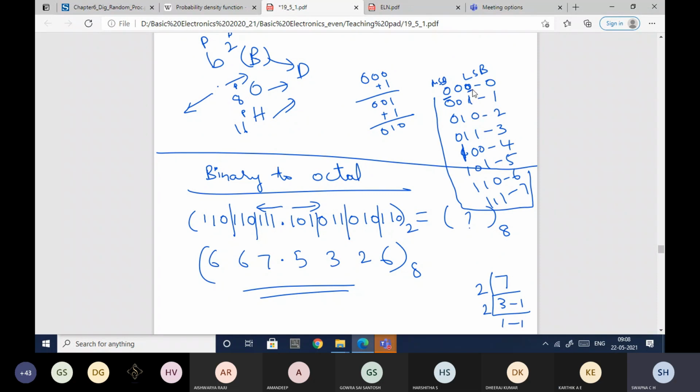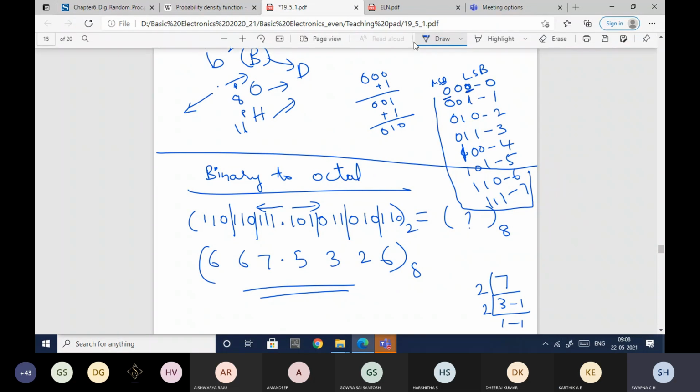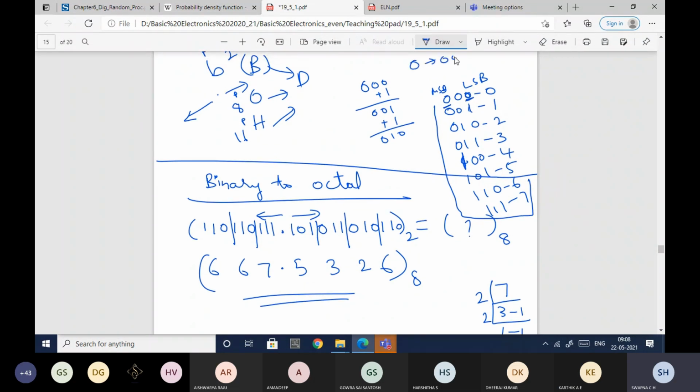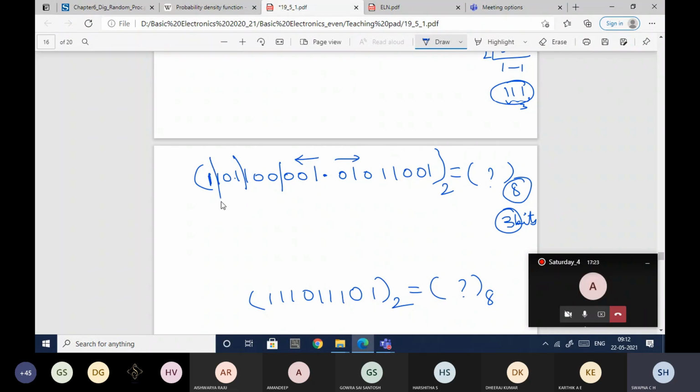0 1 0 1, you have to start with 0 anyway. Everybody knows how to represent a 0. 0 is nothing but 0 0 0. Then after that alternative 0 1 0 1 like that. When it comes to the second, 1 2 3, here I have only one. I should have 3 bits, but I just have one. So what I'll do, I'll append 2 zeros. Even if I append 2 zeros, the meaning of this should not change. Whatever alterations you do, the meaning should not change. So 0 0 I have appended.